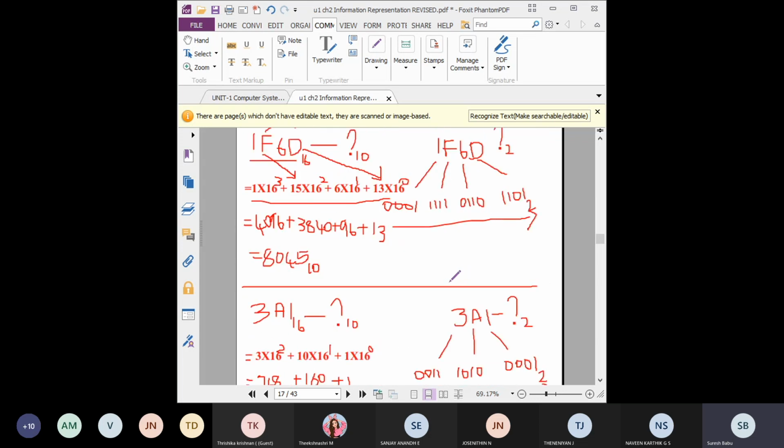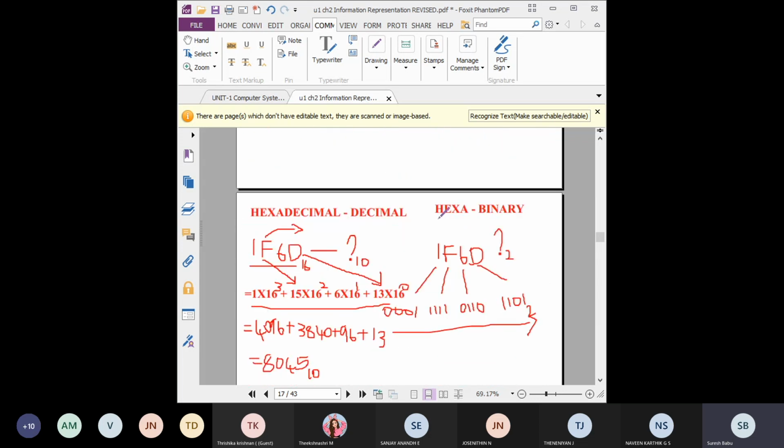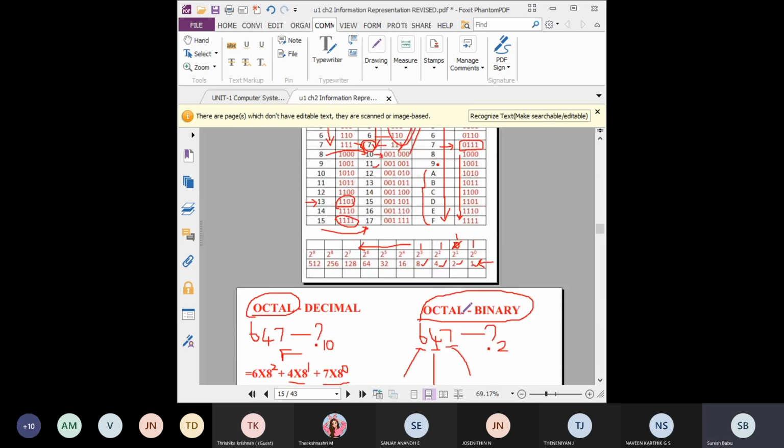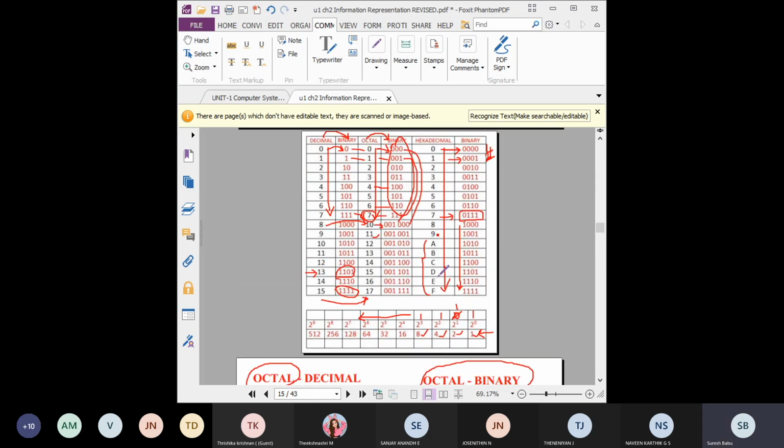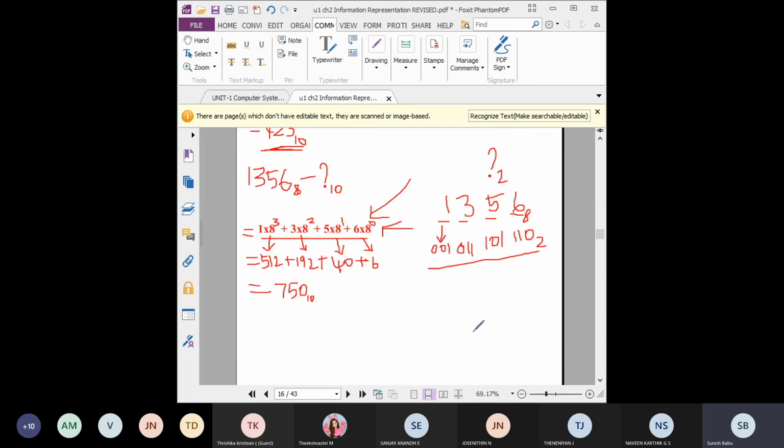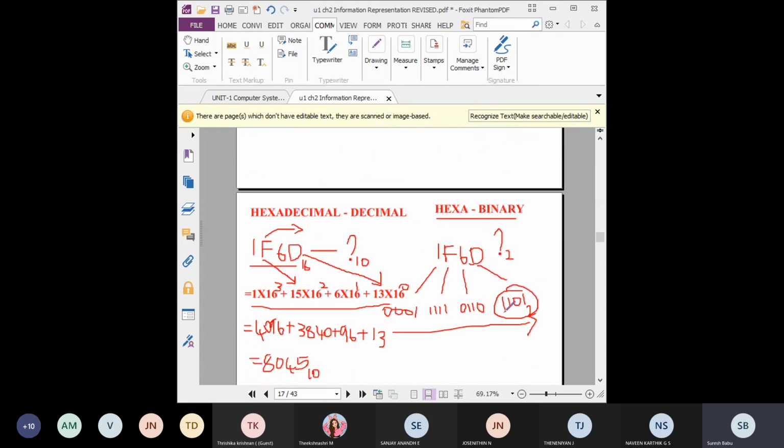So for the same, hexadecimal to binary, you will get an equivalent 4-digit number. So D, 6, F, every character will give you a 4-digit equivalent binary number. You can see it in the tabular column also. What is the equivalent of D? D you can see is 1101.